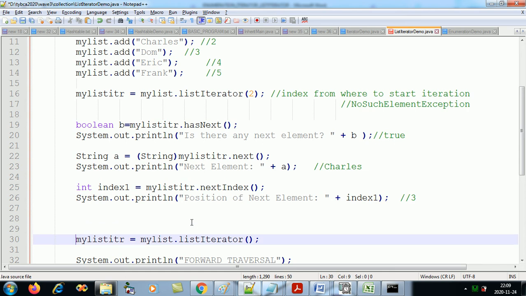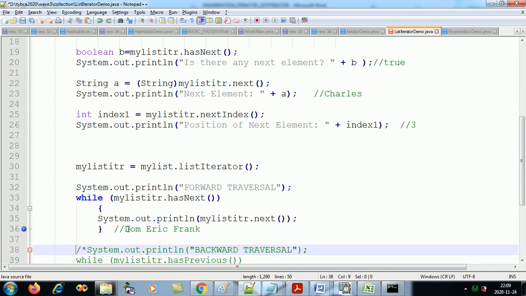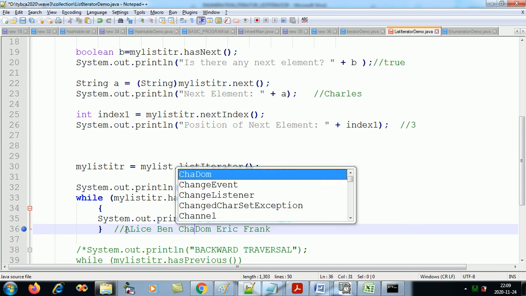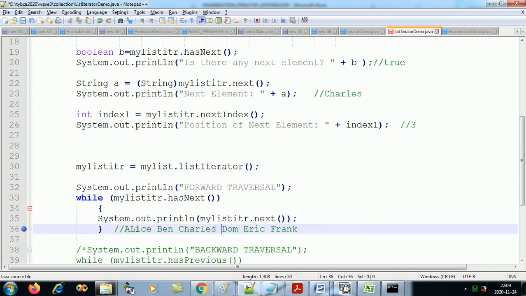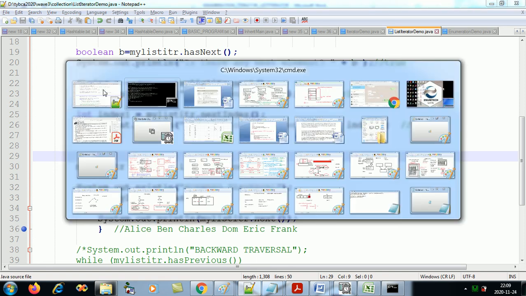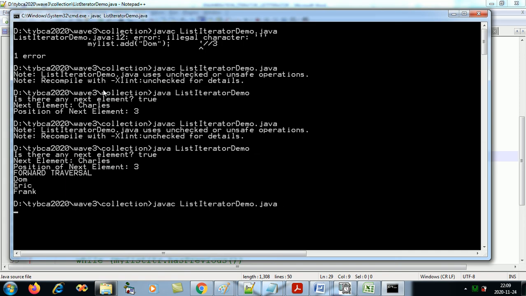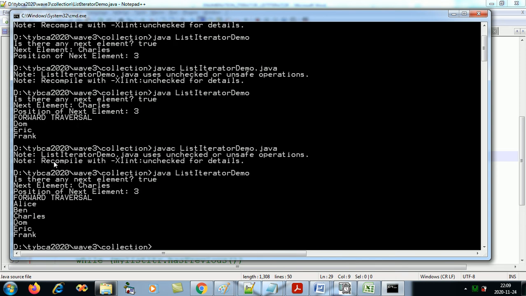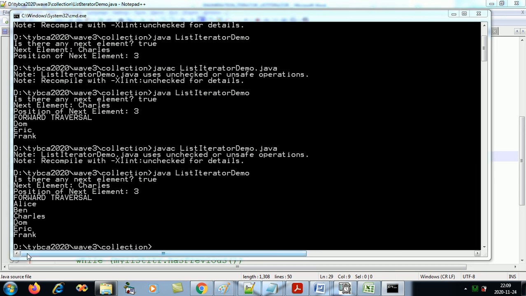We start again from the start and go forward, printing the entire list. This should be my expected output: true, Charles, 3, and then Alice, Ben and so on. Is that all clear?